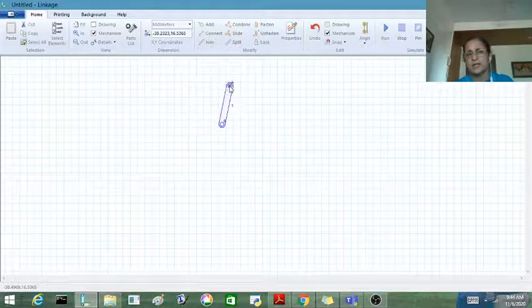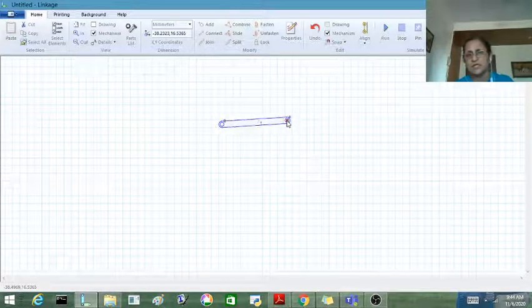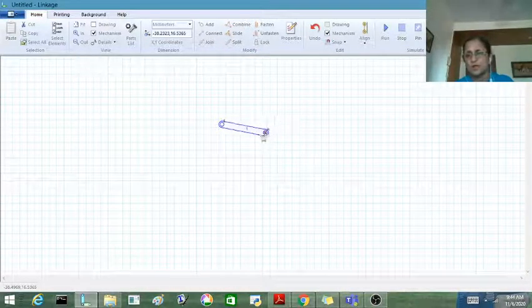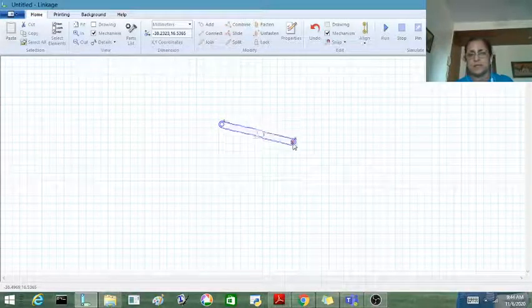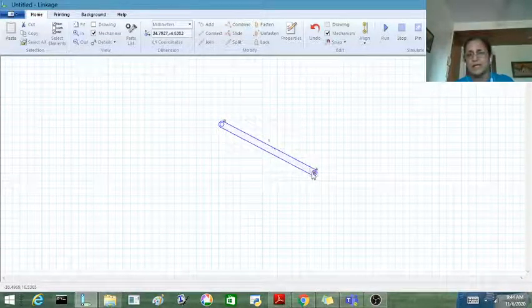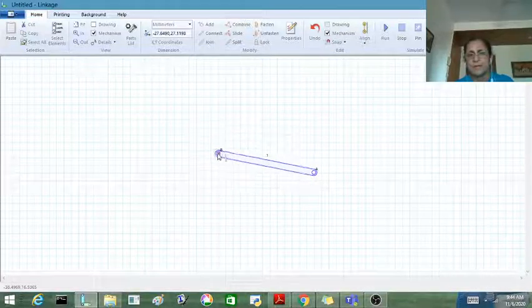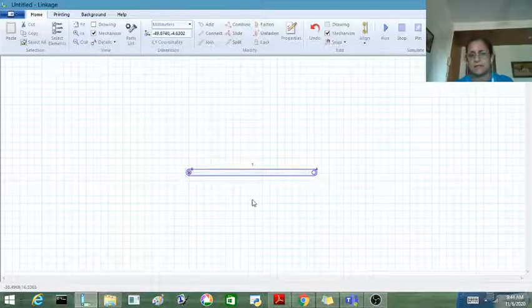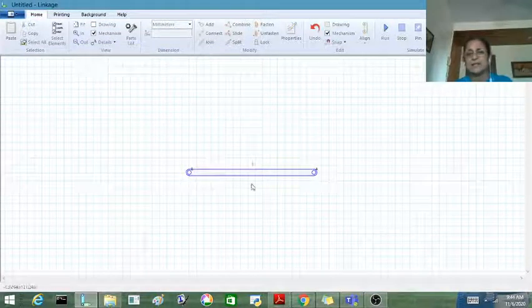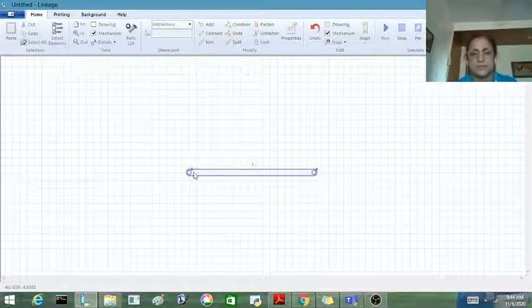I can rotate it, so I can position it the way I want. I can decide the size, point at any node, drag and place my link. But this link is like a completely loose piece.